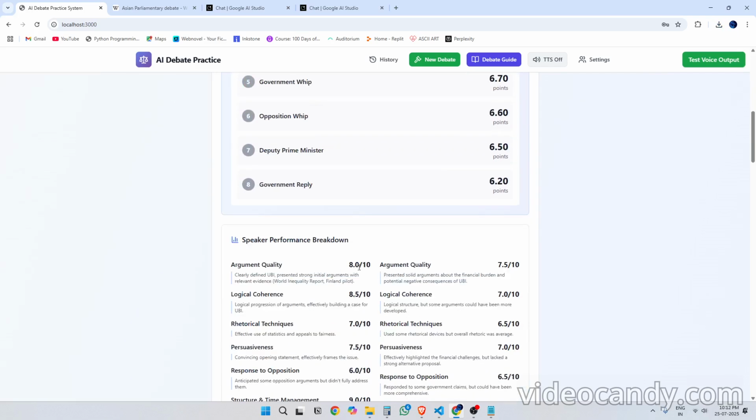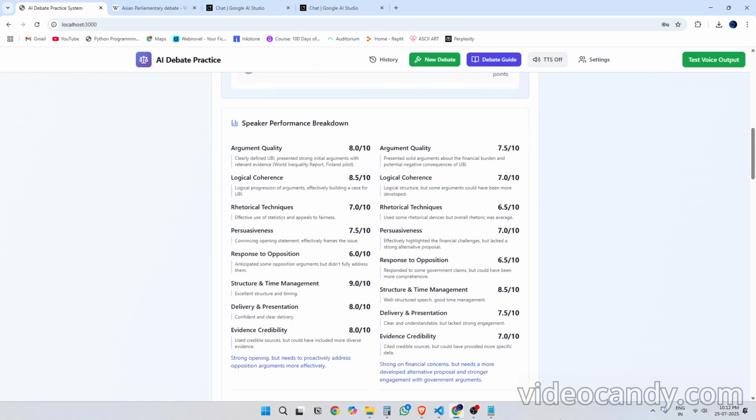with the least getting the government reply. Now, we will get a systematic and proper breakdown of every person's argument according to the set parameters, which are argument quality, logical coherence, rhetorical techniques, persuasiveness, response to opposition, structure and time management, delivery and presentation, and lastly, evidence credibility. Your argument is analyzed, the transcript is read, and then you are graded on the basis